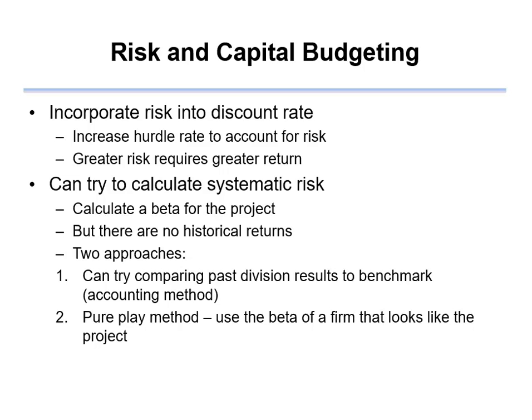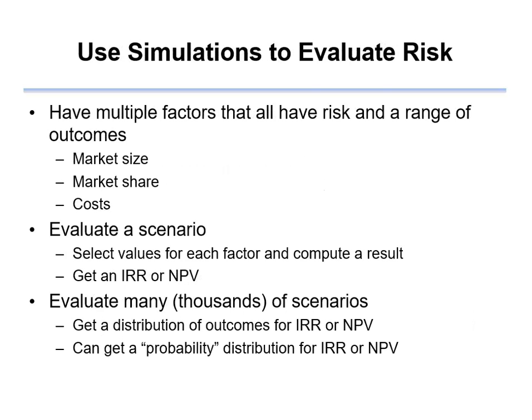Maybe I should say a little bit more about option one. In option one, we did projects in the past, and we set a benchmark, and we could see how we did relative to those benchmarks. Did we exceed them? Did we not exceed them? What kind of risks were there? And we can look at our own internal results of different sorts of things within our division, even though they might not be exactly the same as this project, and use those to calculate a beta for the project.